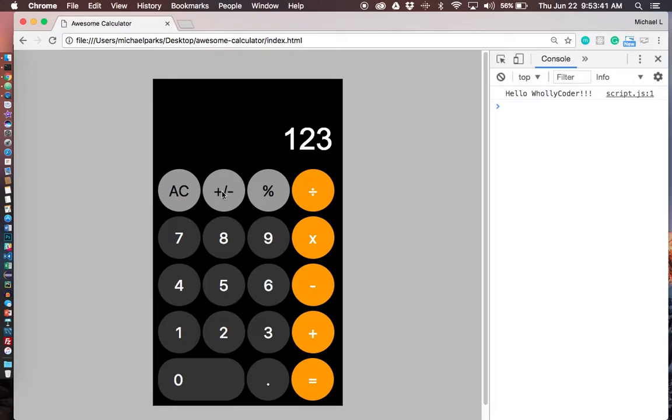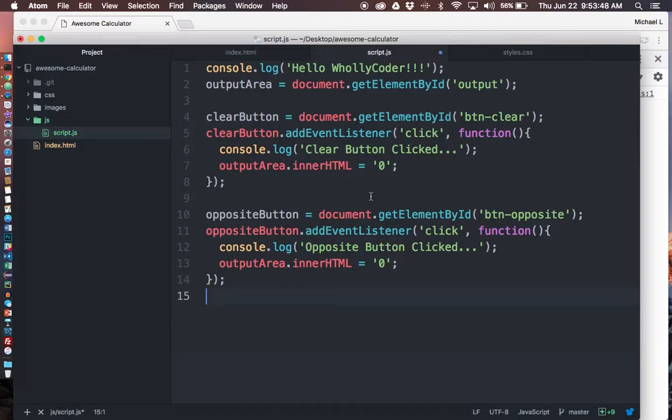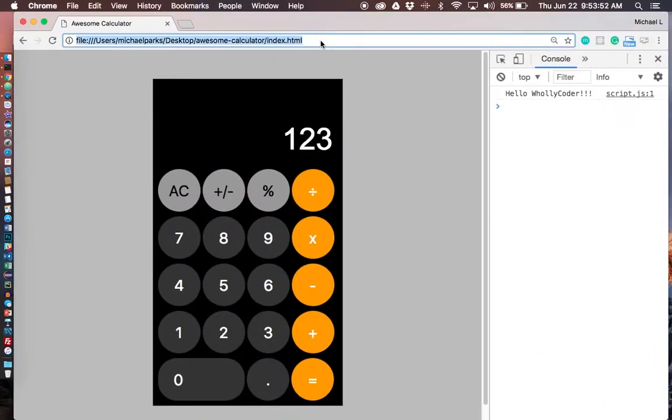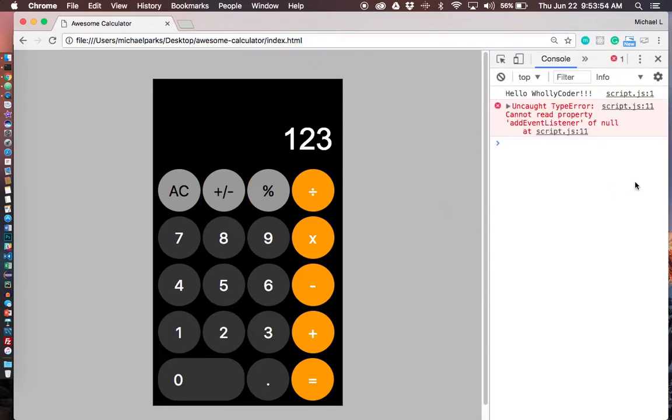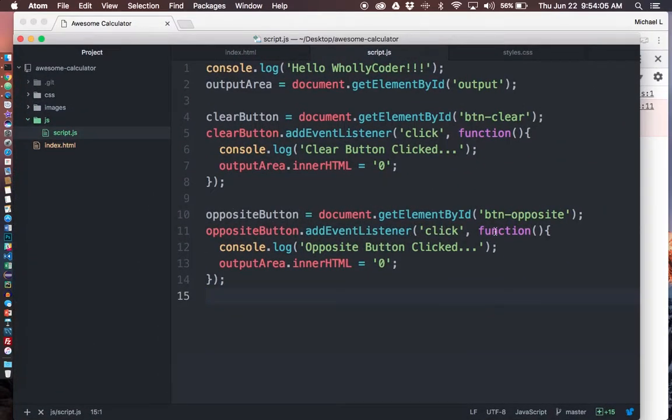At this point, it's set up to just clear. Actually, it's not even clear because I don't think we saved it. Okay, yeah, you see it's not saved. So now we refresh and, add event listener, no script. Basically, we haven't even added this. See right here it says opposite button and get element by ID button opposite. That means that we didn't even add